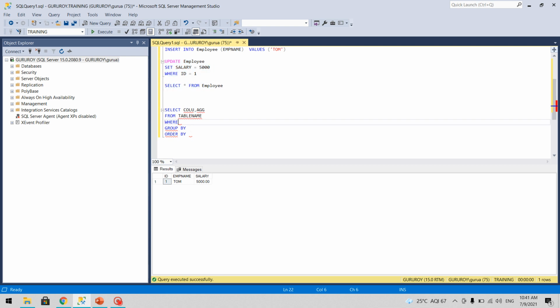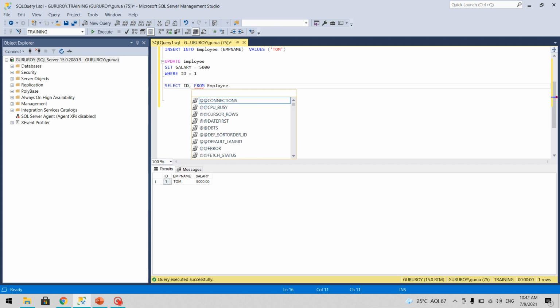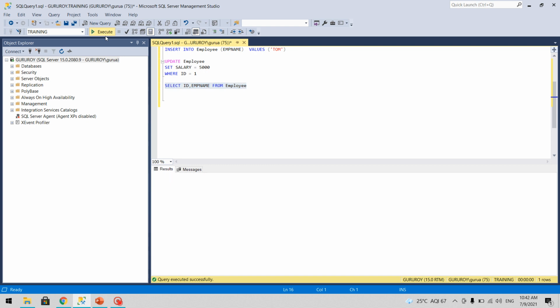Now suppose we want just two columns from this table, that I don't need salary, I just want ID and name. So we'll just put ID and employee name, and we'll get just the two columns as output here. So this is how you can write basic SQL queries. In the next section, we'll discuss other sets of queries.